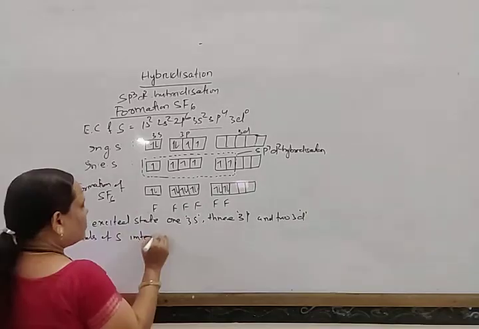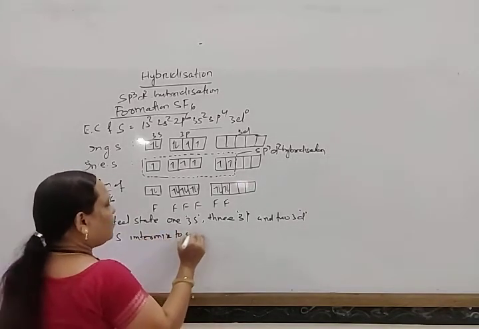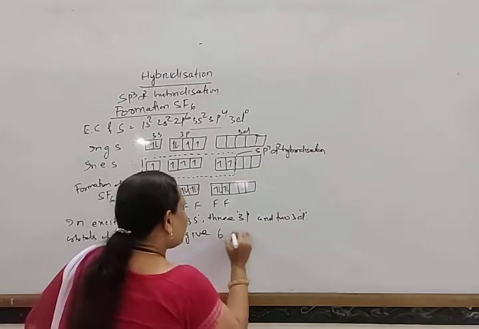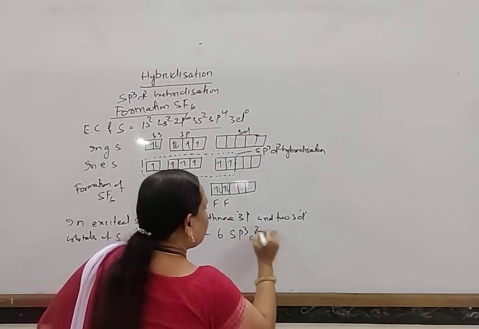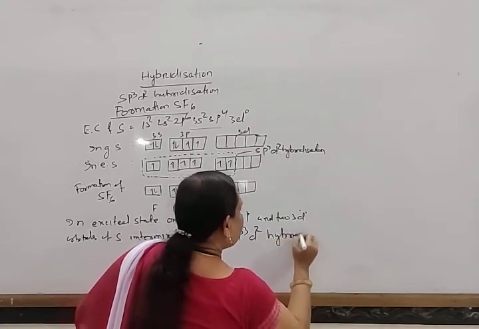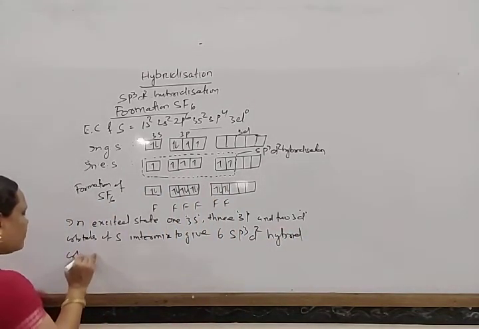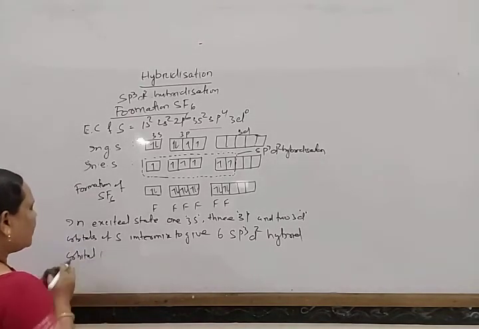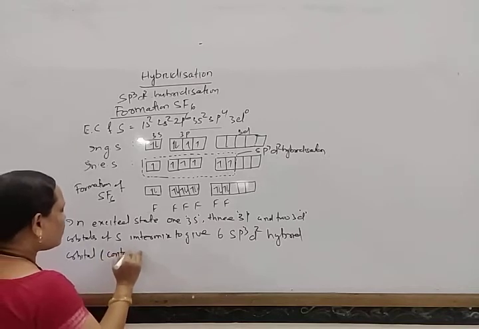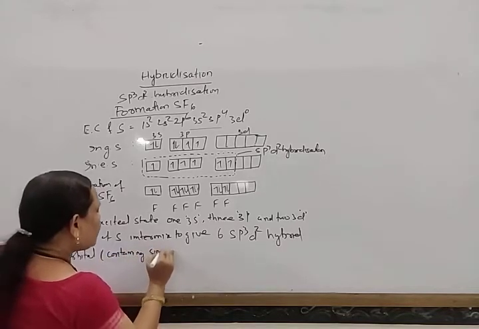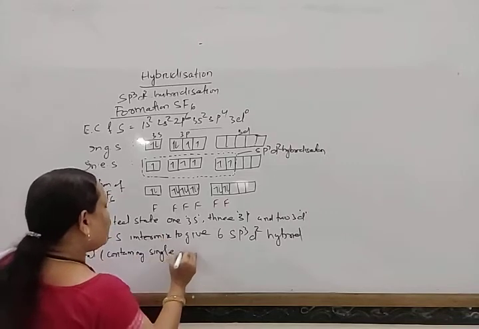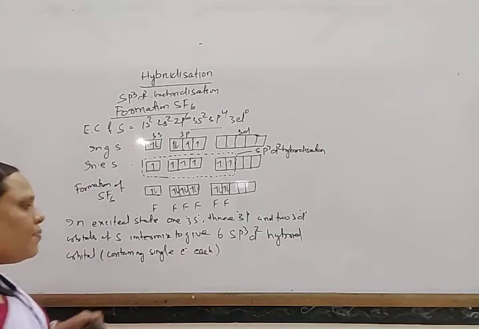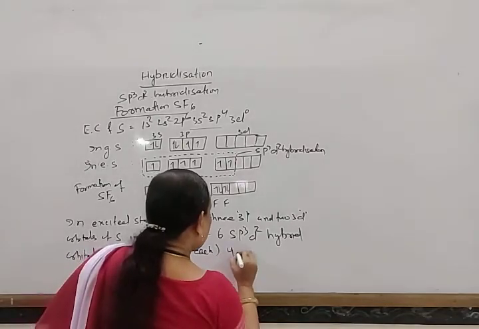They intermix to give 6 sp3d2 hybrid orbitals, containing a single electron each. Four of them are directed towards